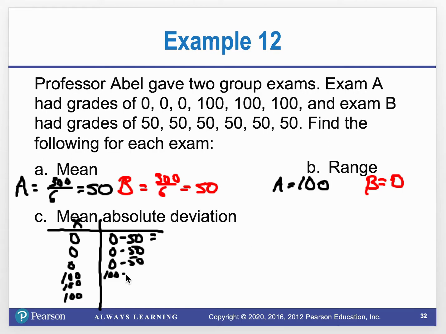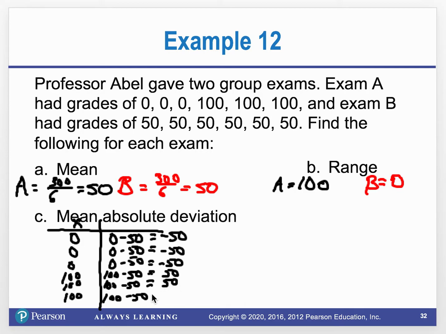100 minus 50, right? Take the data point. Sorry, I hope that didn't mess you guys up too bad. Take the data point and subtract the mean. So here's my data point now. All right, so I get negative 50, negative 50, negative 50. Notice now I get positive 50,